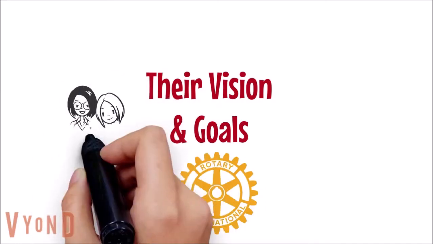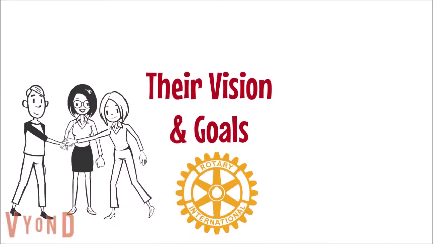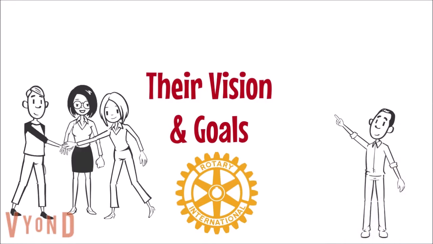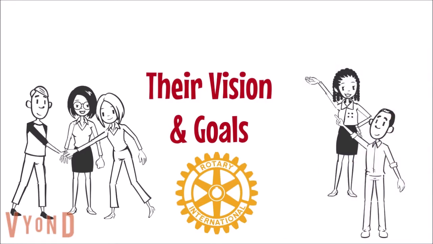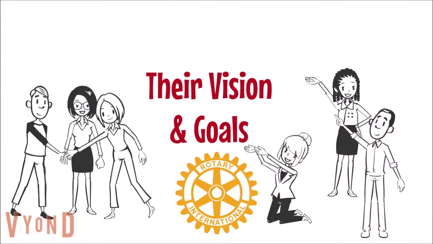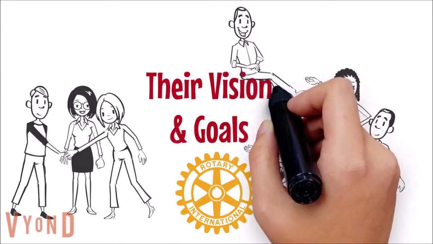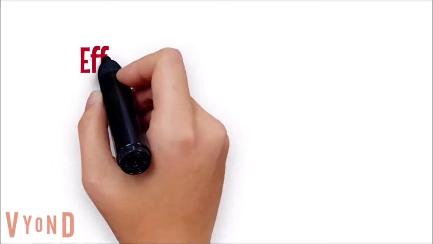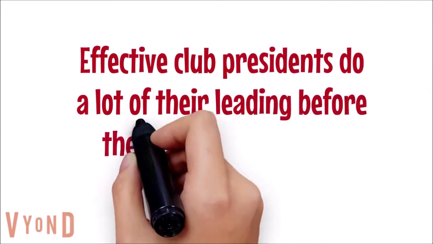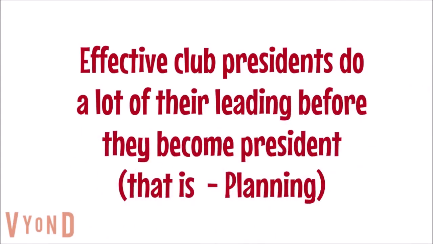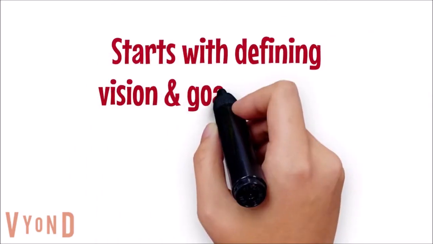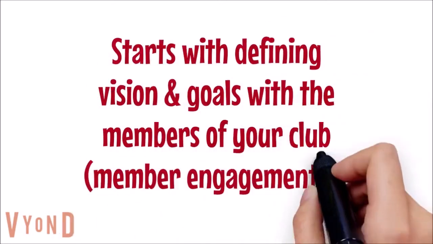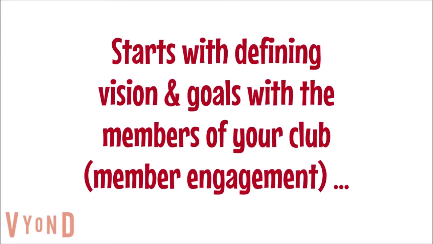Your membership needs to be deeply involved in the development of your vision and goals and in support of them. If your members believe that they have some ownership of the vision and goals, then their willingness and commitment will be enhanced significantly, as well as their engagement in the club. Effective club presidents do a lot of their leading before they become president. That is, planning. It starts with defining vision and goals with the members of your club, which is member engagement,